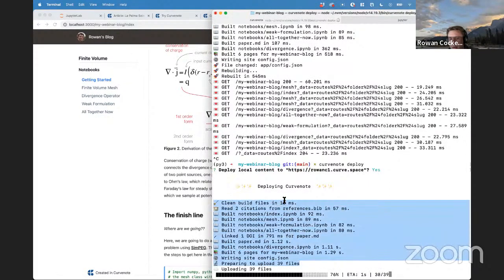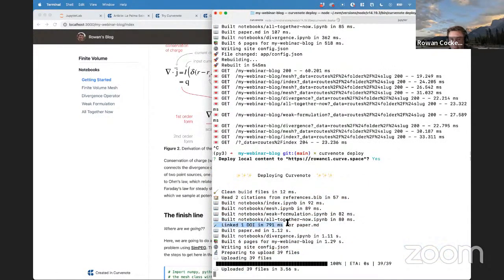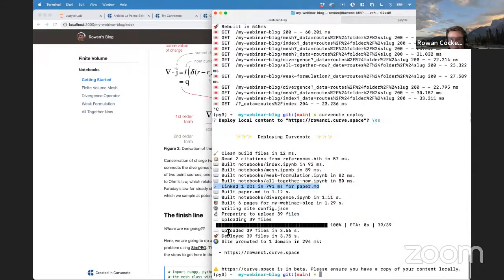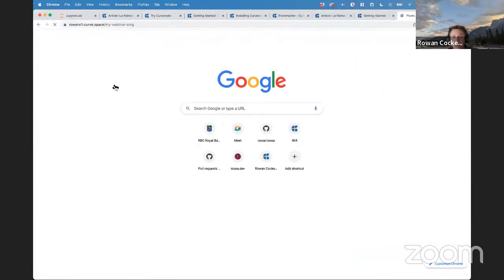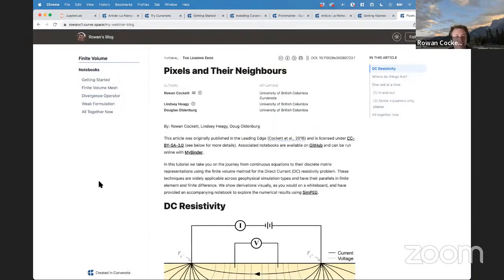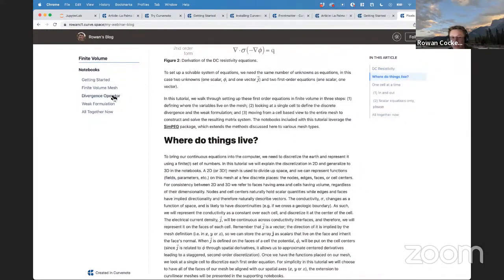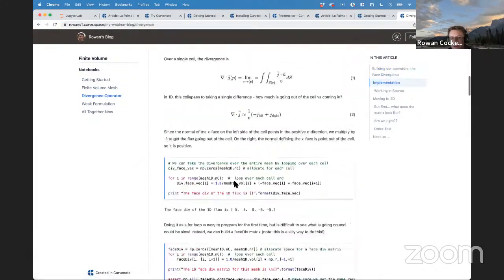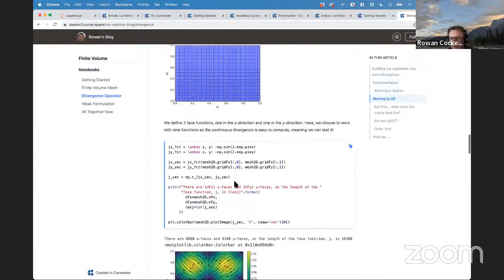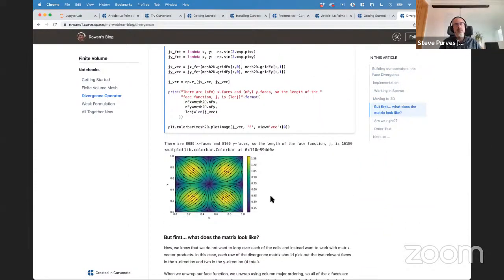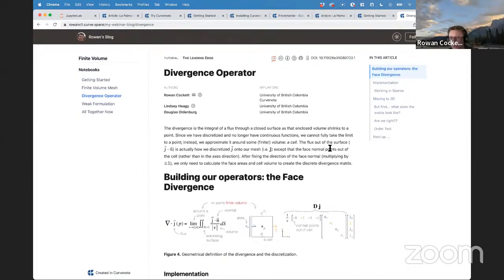So it's gone through and built. You can see there's some information about the linked DOIs, and about 3.5 seconds later, that's now deployed live to the web. And you guys can go, and it looks like Steve's pasted that directly in the Zoom chat. So you can go and see that information, and you can see all of these Jupyter notebooks with the nice rendering and information, all already accessible from